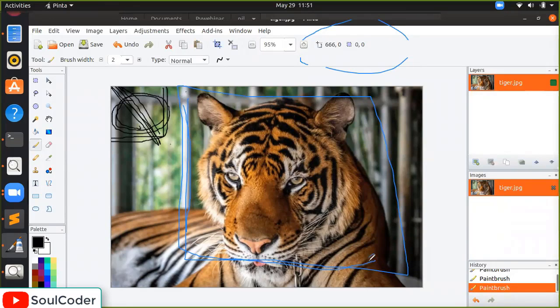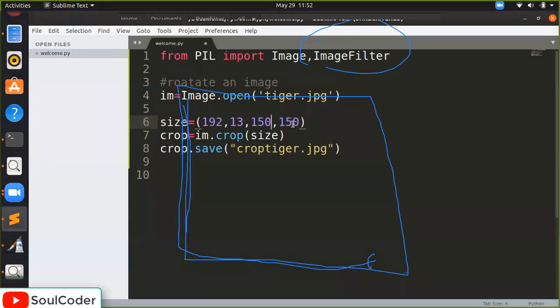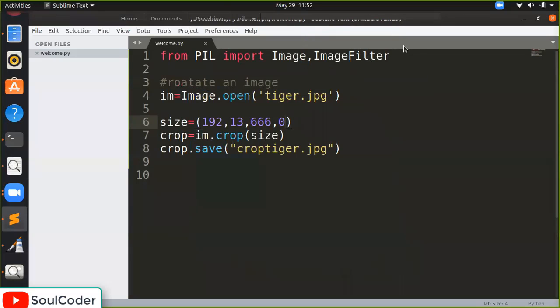So what are the parameters here? 666, 0. Okay. So I will pass 666, 0, and I'm going to save it again. Okay, let me clear the screen. Clear all the drawings. Yeah, and I'm going to run it again.